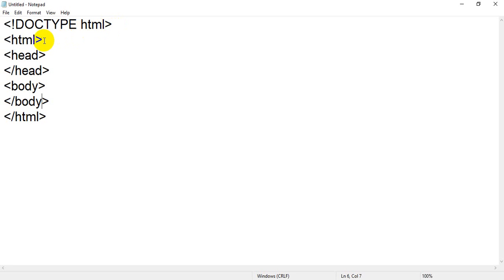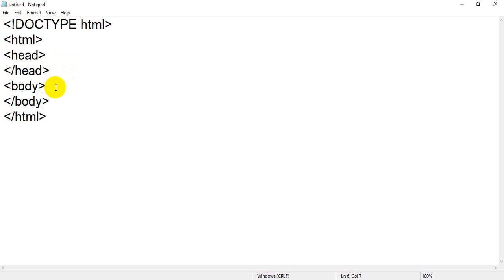After that, HTML coding is written in different tags. These are the tools and tag elements of the HTML language I am using. The first tag and last tag is the HTML tag, opening and closing, and after that we have the head tag on top and the body. These three tags, HTML, head and body, are the building blocks of HTML. If you want to write any code or create any application, these three tags are compulsory.